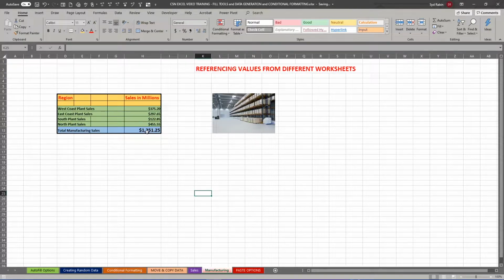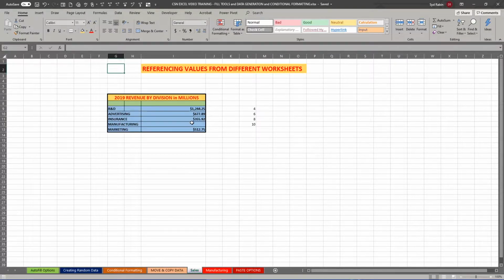And the information we're looking for is the total manufacturing sales for the four different regions of the country. We've got the four regions over here, and then we've got the total information right here. This is the information that we want to get back over into the sales sheet. Note that this is in cell H13, and this is the manufacturing sheet. So if we go back over to sales, right here, we want to put a reference to that cell in